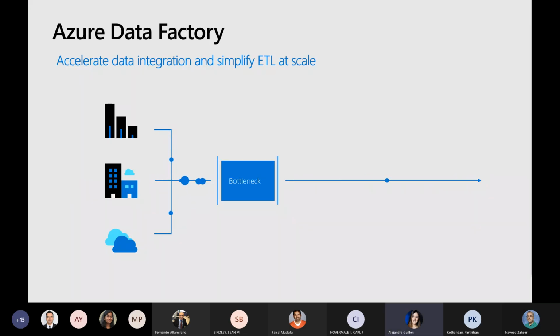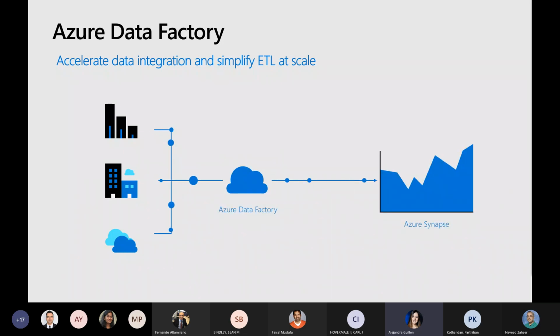So what is the need, right? Right now we have a lot of data going around, and the problem is, what do we do with these data sources from on-premises, from SaaS services, from anywhere, right? And how do we manage this data to be eventually analyzed and have business value? So Data Factory is meant to do that, to go ahead and do your ETL processes for big data, for small data, for whatever you need, and eventually do the analytics side of that data and actually take value